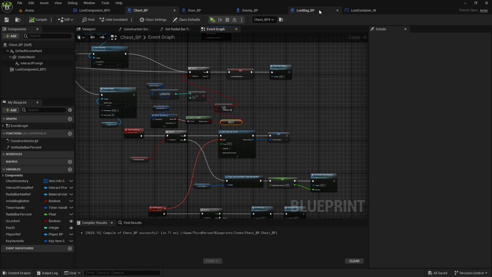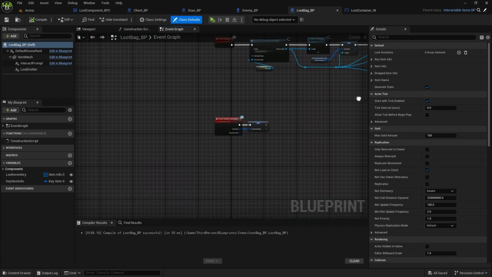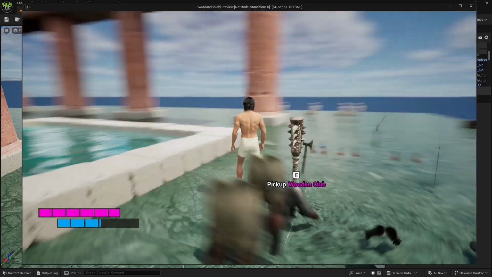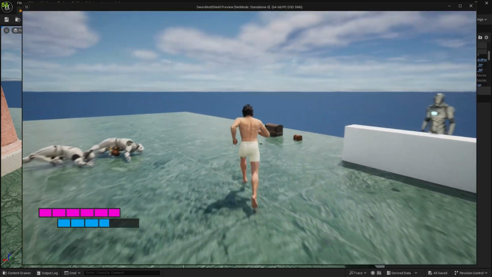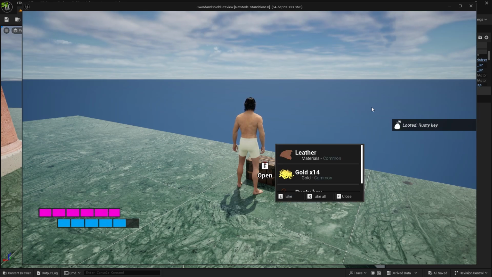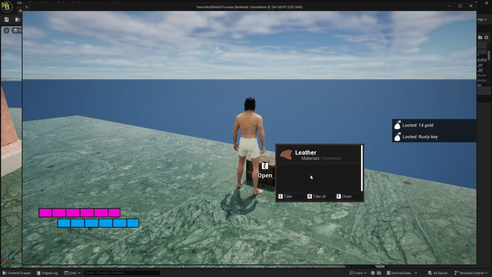And then for the loot bag, do we have to change anything on update? No, we don't do anything because we destroy it. So that's pretty much it. Now I can loot this completely fine,